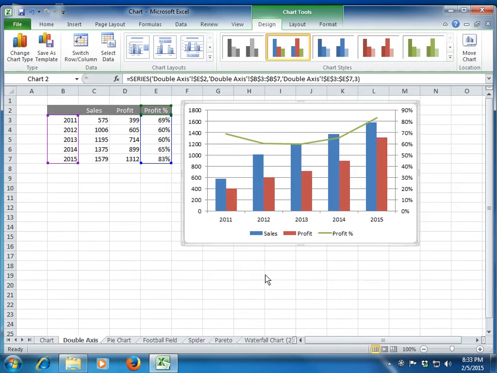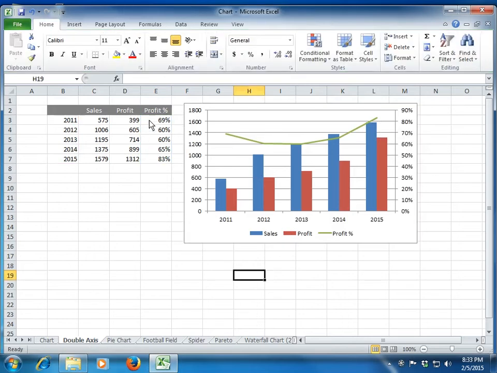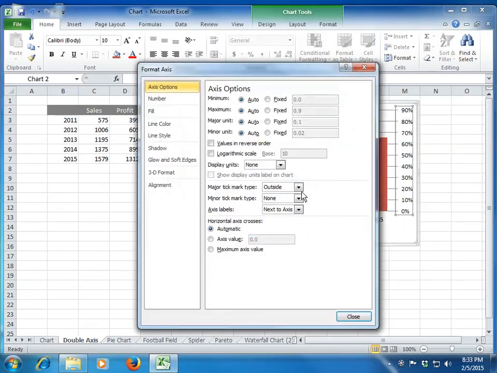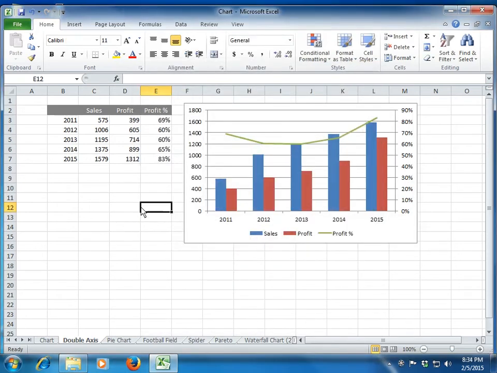Fine. So this is very useful when you are presenting data and one of the data has a different unit from the other. So that is generally when we use the secondary axis chart. All the formatting axis options are applicable to the secondary axis as well. So you can select the minimum, maximum value, the major unit, minor unit. You can play around with the formatting as well. Clear? So this is how simple creating a chart with a double axis is.